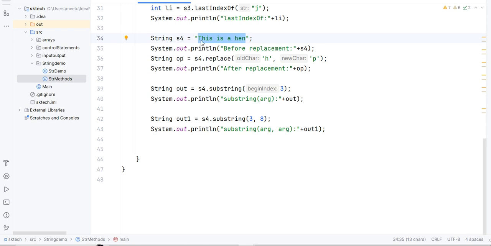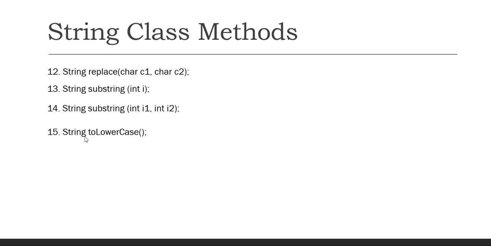For example, this string, if you consider this is a pen, right? Let's say we gave pen. So this is a pen. So if you see, all are in lowercase, but this T is in uppercase. So if you write something like, what is the output return type?